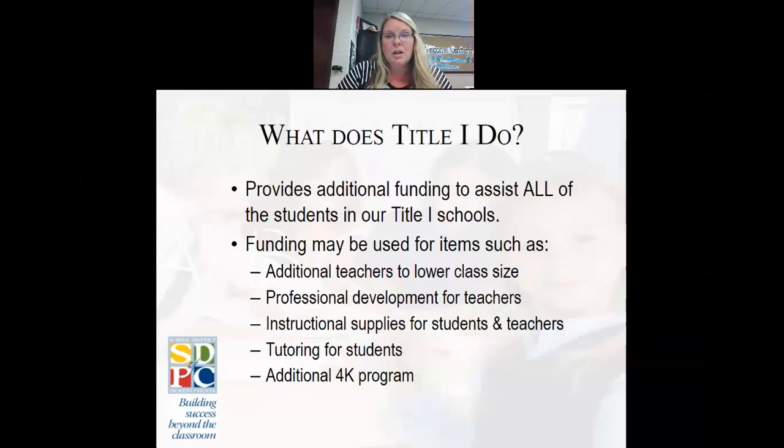Funding may be used for items such as additional teachers to lower class size. And here at West End, we do have 2 additional teachers funded, paid for by Title I funds to lower class size. Extra professional development or training for teachers to be the best teachers they can be. Additional instructional supplies for students and teachers. So if they're going to teach a math unit and need some math manipulatives, they can let me know and we can research it to make sure it's a good thing. And then we can purchase those for them to have so that they don't have to spend their own money,